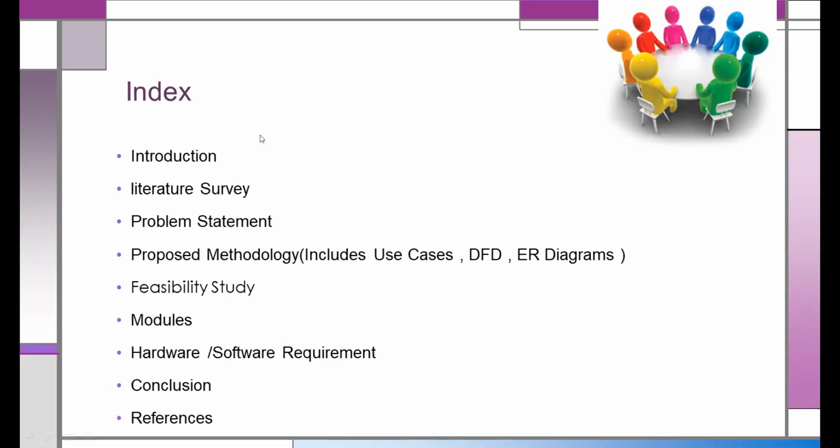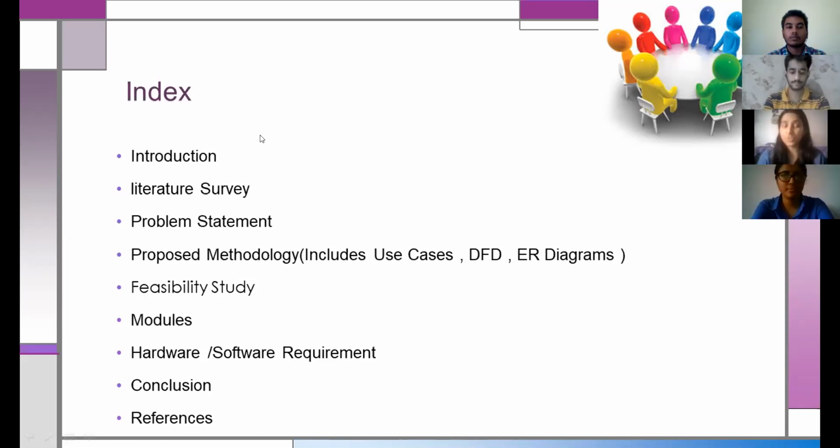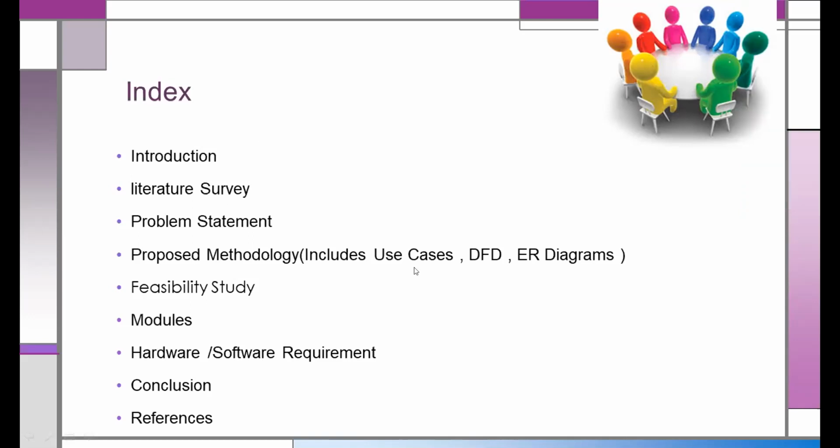We are using two layers in it, a ReLU layer and a pooling layer. ReLU layer is an abbreviation of rectified linear activation layer, which is used as a non-saturating activation function. Another layer is a pooling layer, and it is used for partitioning the input image into a set of non overlapping rectangles so that we can downsample our input data. So further, I would like to call Ashutosh for explaining the literature survey we have done in this project.